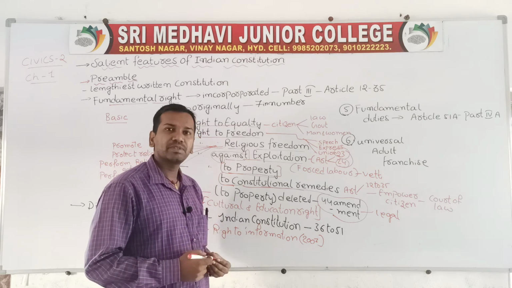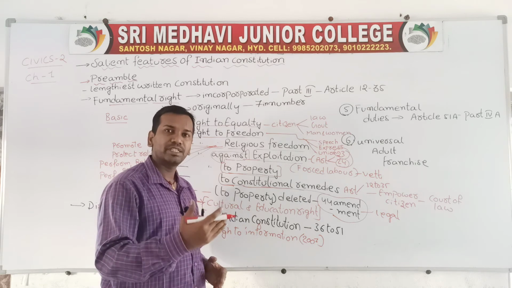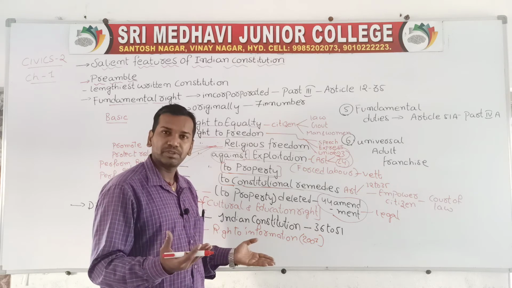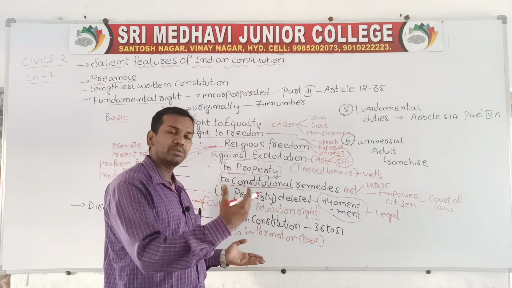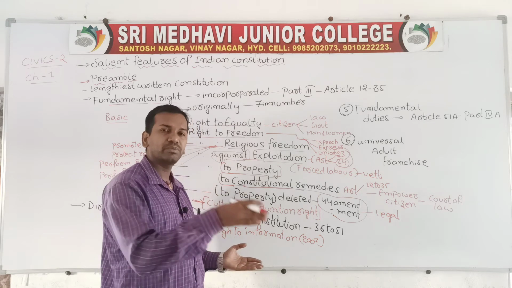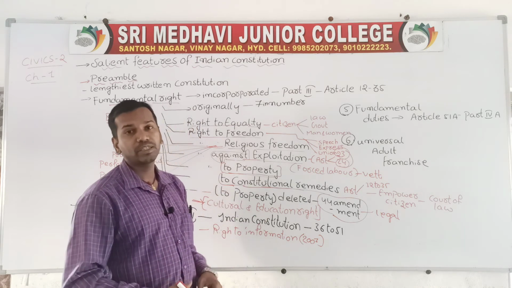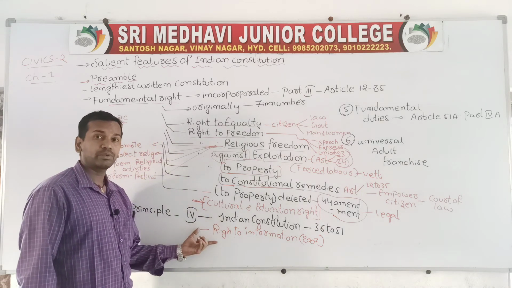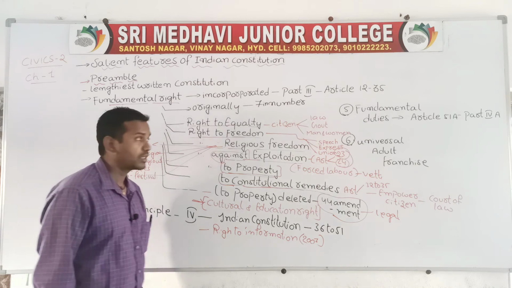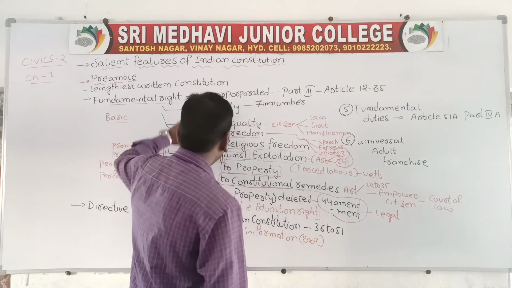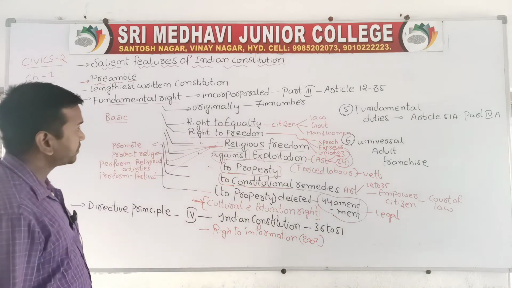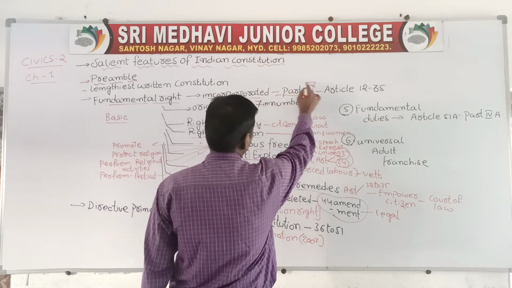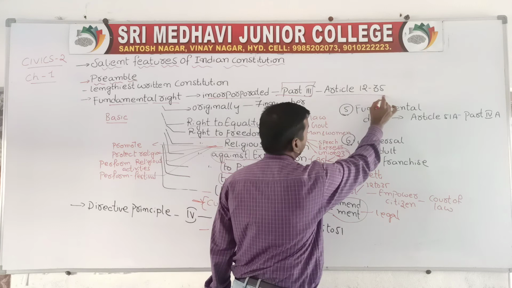Normally, information is very important for making any projects. Imagine that you are a child and you want to make a project. For making projects, different types of information are important. So suppose you want to get information and you go to a public department, they will cooperate with you and provide different types of information to you. So when we are talking about fundamental rights, we should talk about the right to information. This is also one fundamental right. Okay children, now in this topic we have discussed these fundamental rights. These fundamental rights are completely incorporated in Part 3, Articles 12 to 35.